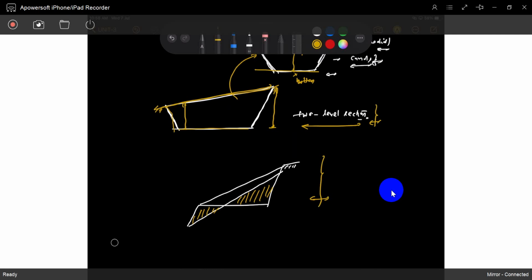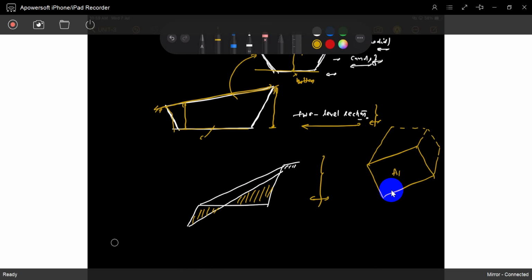So we have to calculate the areas of different sections. Later we can multiply with the interval distance, you can get the volume. That's not a big deal, but find out the area. We already discussed how we will find out the areas. It's an irregular shape, how can we find out the area? We already completed that. Now, if you know the area of this section, later you can expand it. You know the area, then you can find out easily